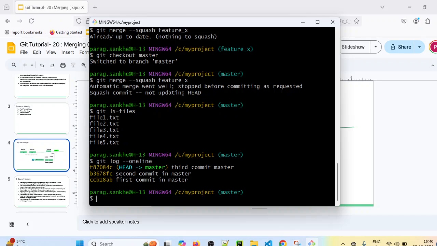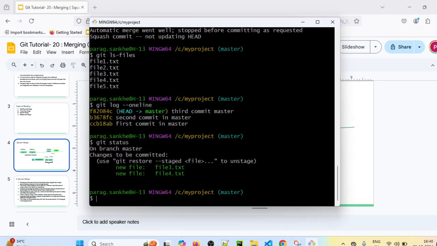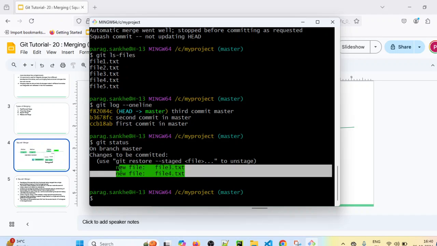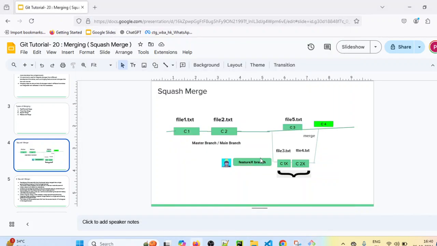So after performing git squash merge, if you see git status, it will still show you the commit which we have to do. This commit is basically a combination of all the commits of feature X branch.